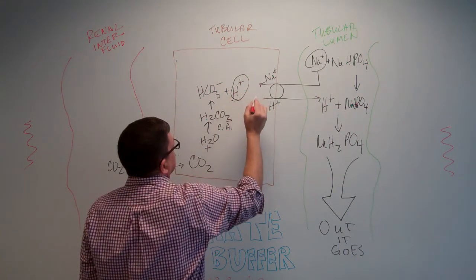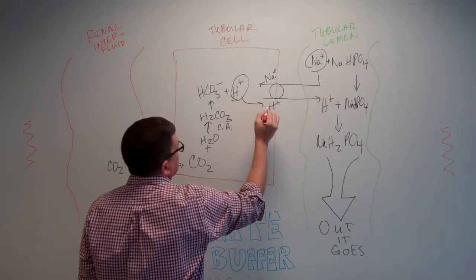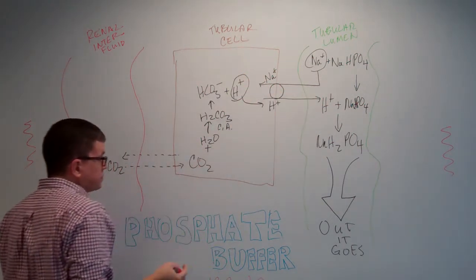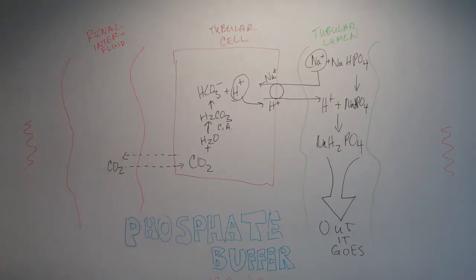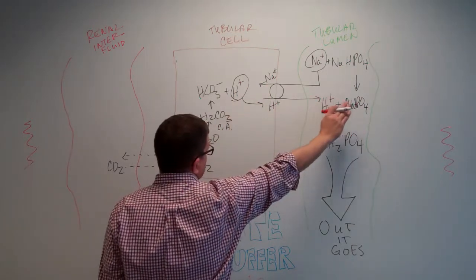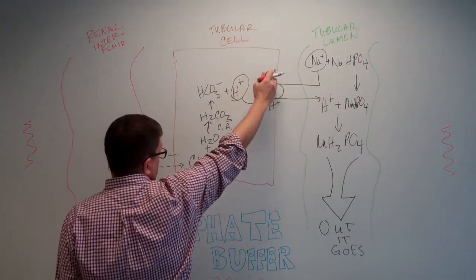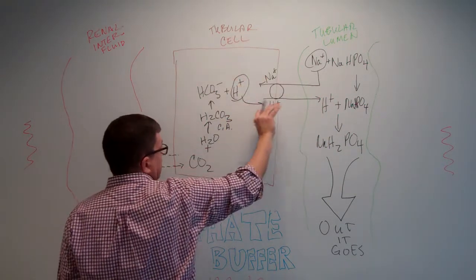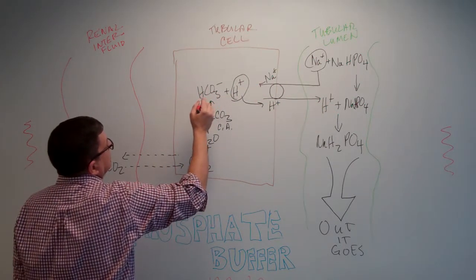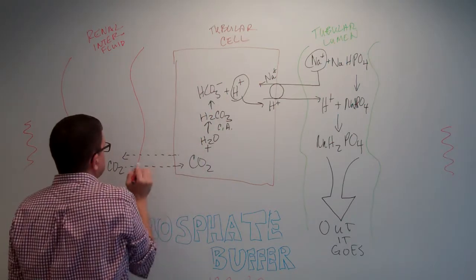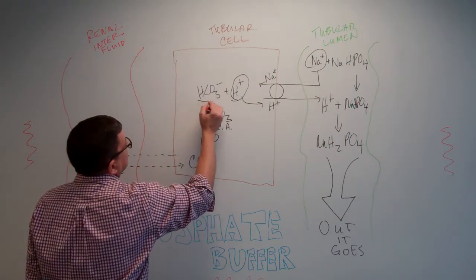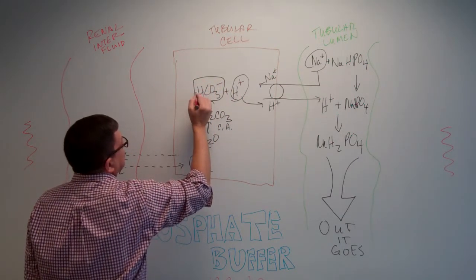This hydrogen ion is the hydrogen that is being exchanged for the sodium. So one cation is coming in, one cation is leaving. You have electrical neutrality. Here on this side, we have CO2 diffusing on both sides, but this bicarb that's generated